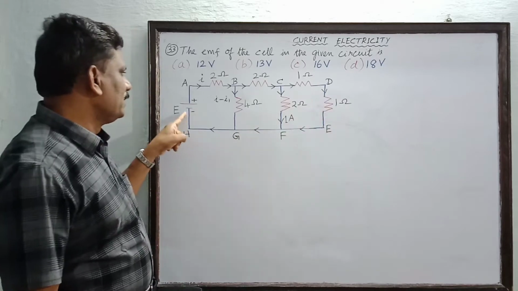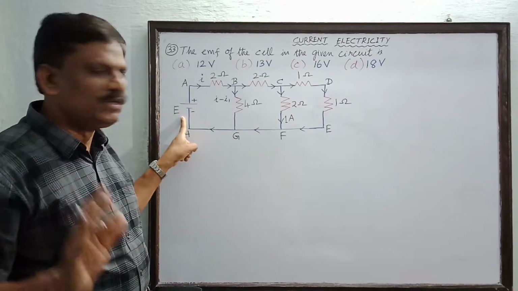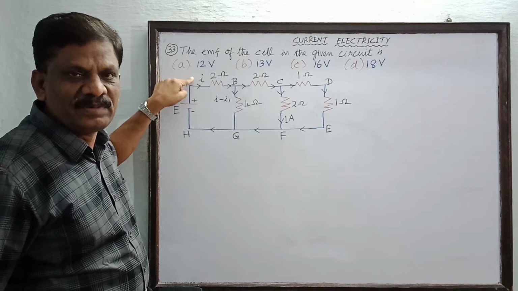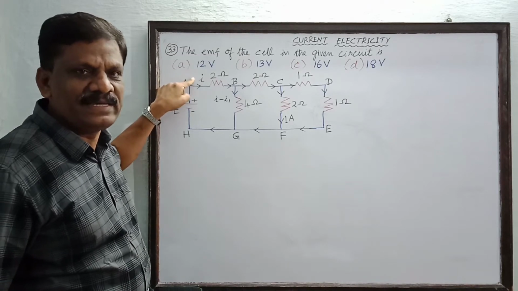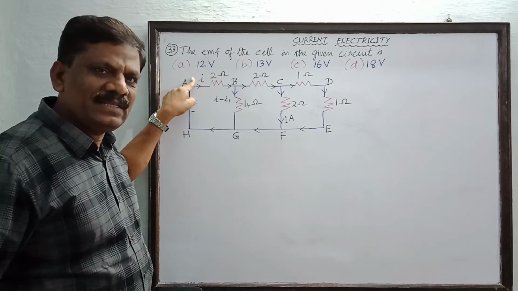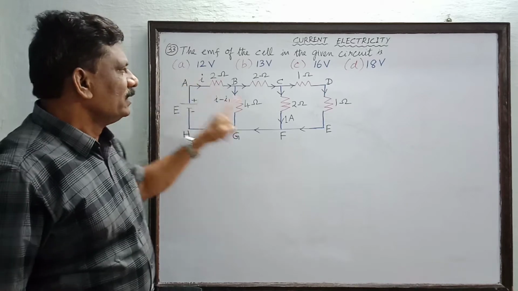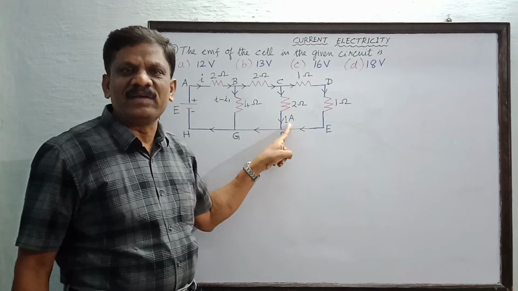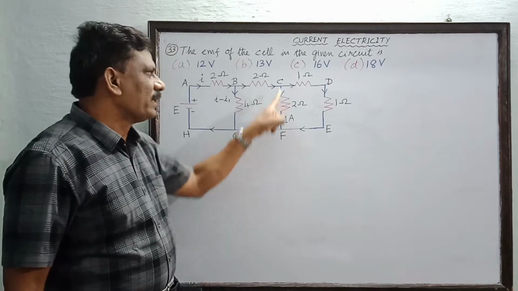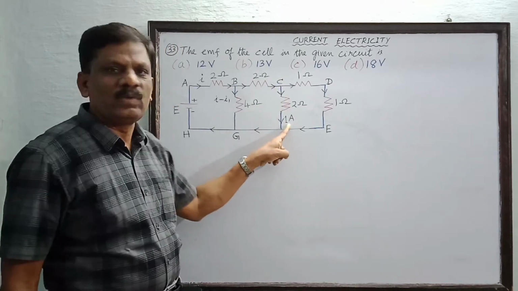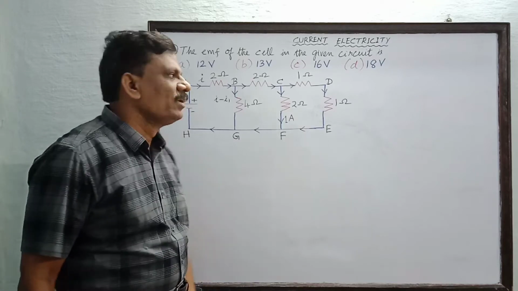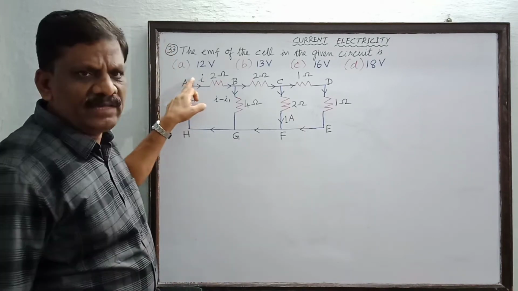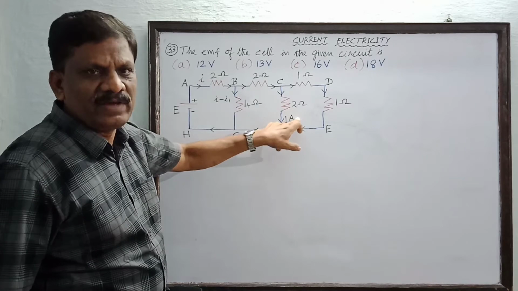So the current sent by the battery is assumed to be I ampere. The current sent by the battery is the main current. Main current is I ampere. But a clue is given in the network. You see that in the branch CF, C to F, the current is given as 1 ampere in the question itself. So the current flowing from C to F is 1 ampere, which is a clue for us. So what is the current I we have to find from the known value?